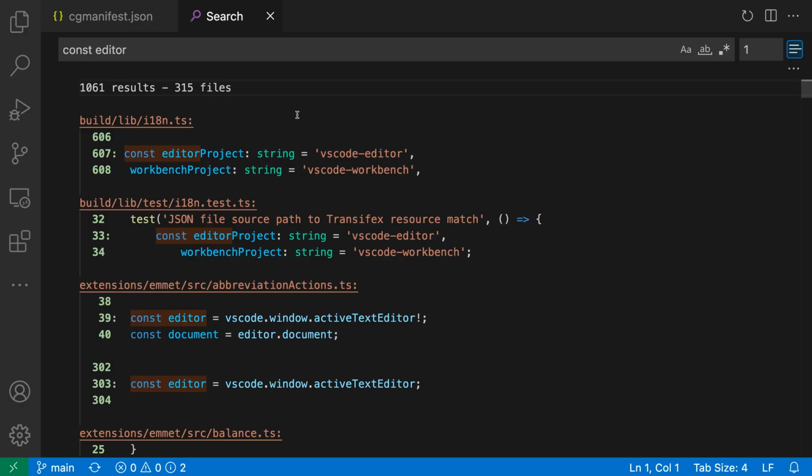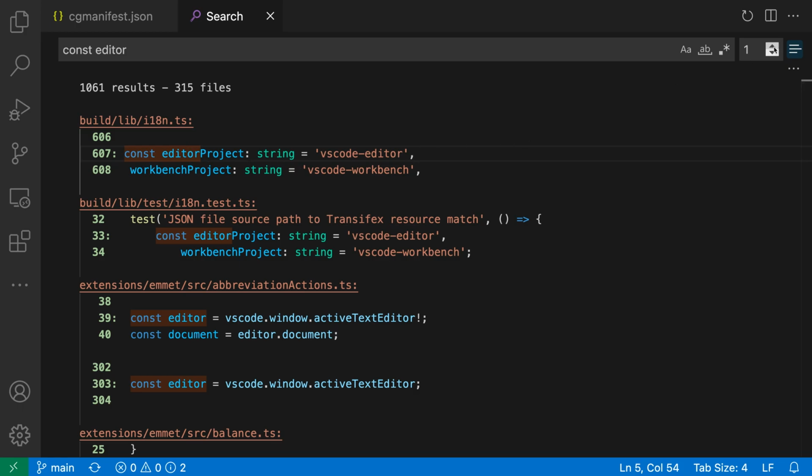As we were looking at the different search options over here, like case sensitivity or regex search, you might have noticed in the search editor that there are these 2 other boxes as well. So there's the one here that has a 1 in it, and then this box on the far right-hand side. And these actually control the presentation of these search results. So the 1 is controlling the number of context lines that are shown around each search result. So that is the additional lines around each of the actual matched terms here. In this case, you can see we have 1 additional line, 1 before, and 1 after each of the search